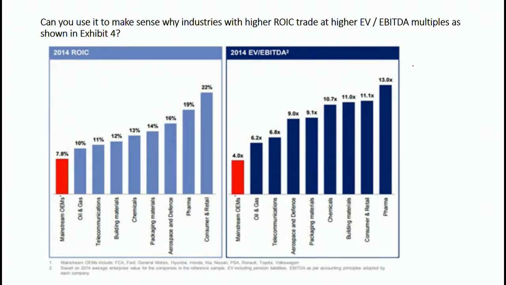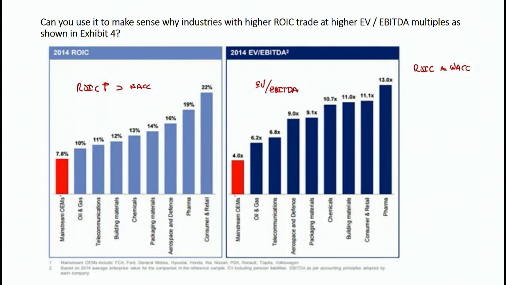Well, basically, we talk about return on invested capital versus weighted average cost of capital. And so we would assume that firms that have a high return on invested capital, that in fact that's going to be greater than the weighted average cost of capital. We'll make that sort of blanket assessment. And so if we look at all of these return on invested capital, and then we go over here to the enterprise value to EBIT